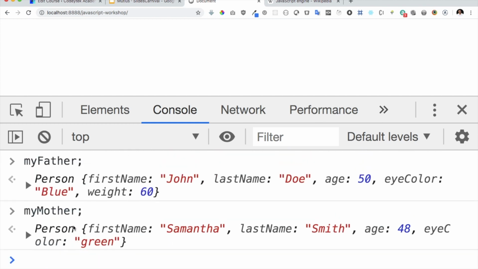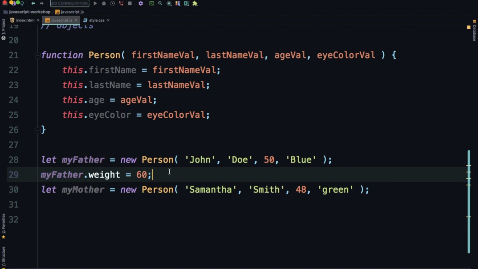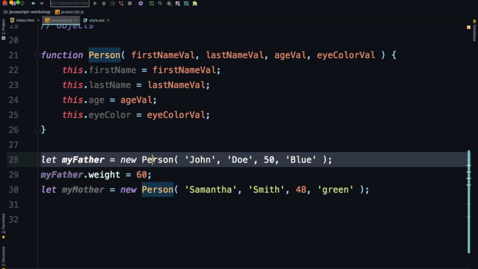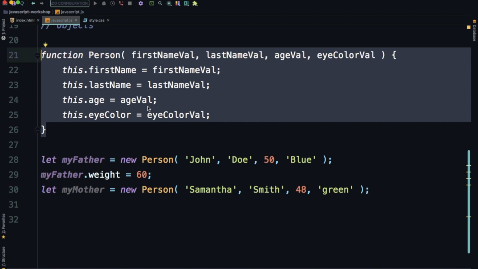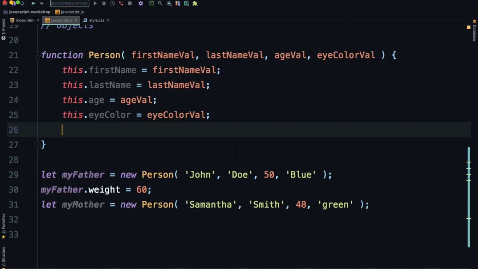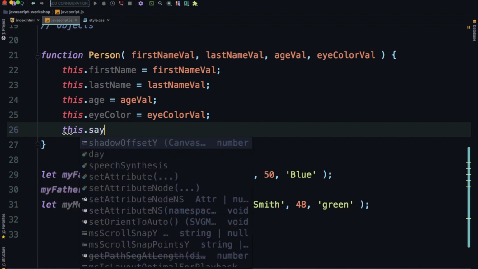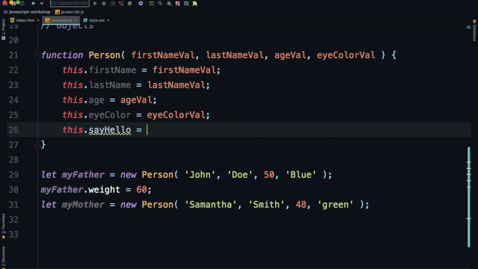And that's pretty cool, because I can now add any property to this object while this can stay the way it is. It has got nothing to do with it, which means both are using the same constructor methods but can share common properties and then extend it further to have more properties as well. You can also pass a method as well. So I can say this dot say hello is equal to, and then I can use function,